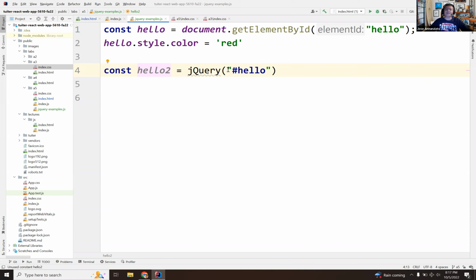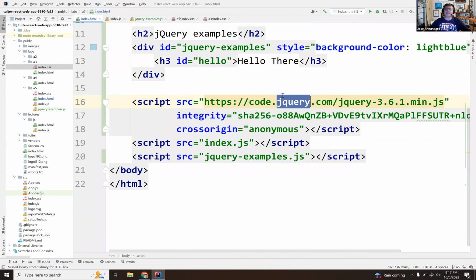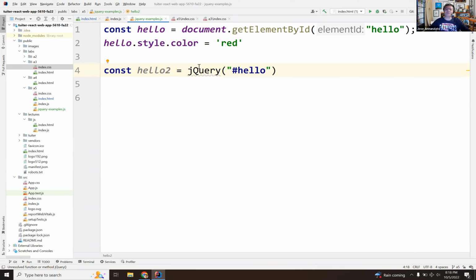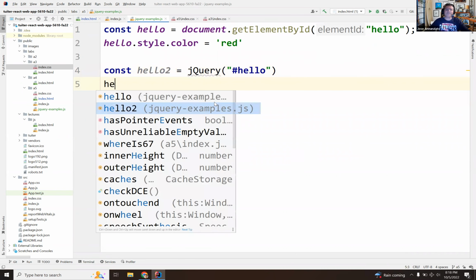It applies this CSS that allows you to unequivocally pinpoint exactly what you want to grab in the DOM, and then it returns it to you using this global function called jQuery. This jQuery function is defined by the library that we're loading. So this library declares one global function called jQuery, and now we can call it, right? And now that we have hello2,